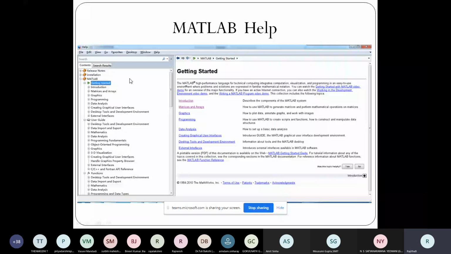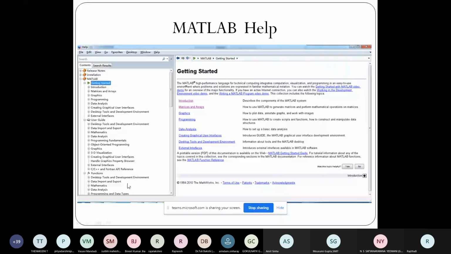If you are new to MATLAB, then you can go to the help button, where you have the complete description of all the commands and what you can do: programming, graphics, 3D visualization, data analysis, user guidance, desktop tools, everything.